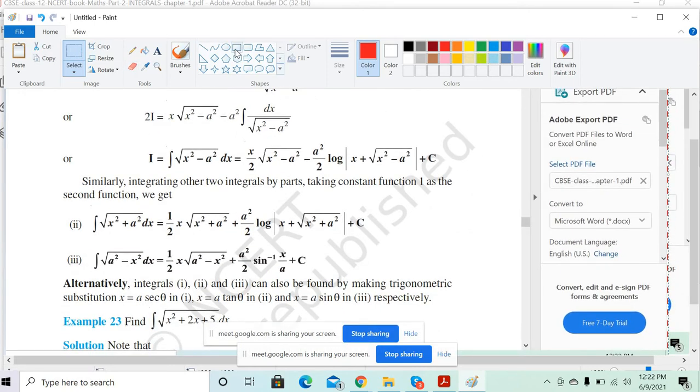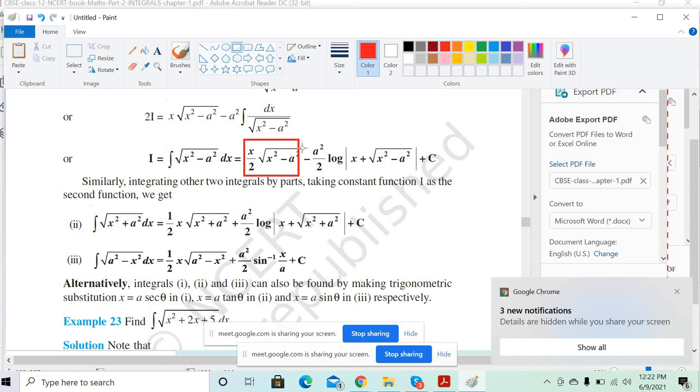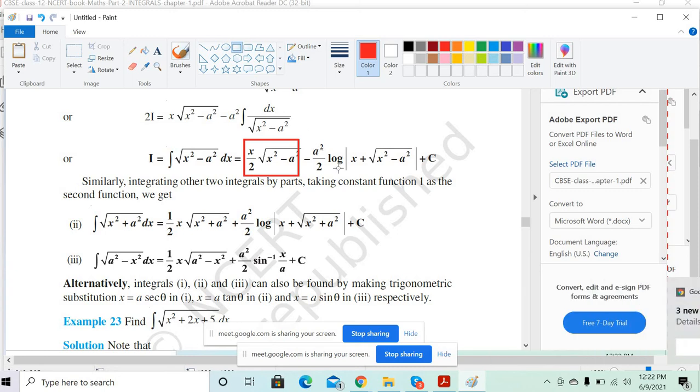this is very common, okay? So remember that part. This first part will always be common, and the minus and plus sign will keep on varying depending on what kind of thing we are going to use, isn't it? Yes, sir. So this part is also common: a square by 2 log of x plus square root of x square minus a square, because it was for x square minus a square. Now this entire formula, you have to remember it. Write this formula on a piece of paper and paste it on the board where you are studying.